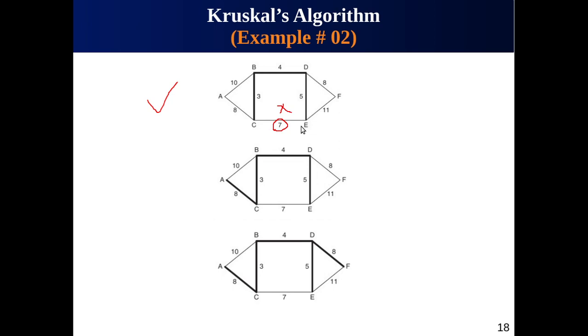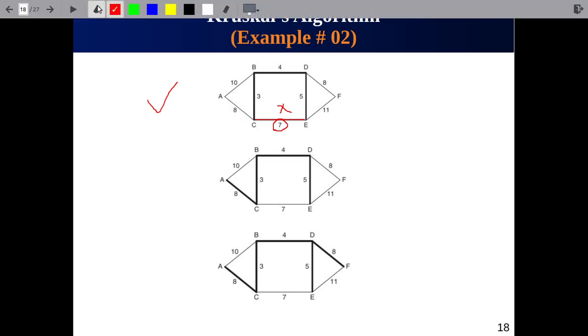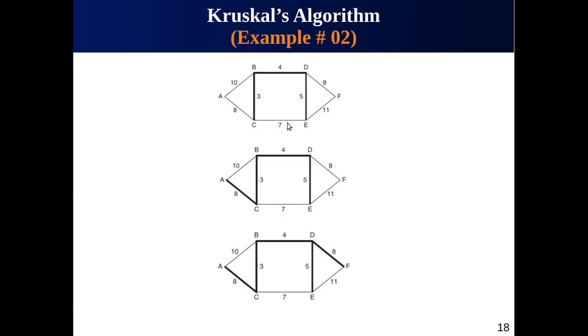We cannot select the CE edge. Why? If you do this, it will become a cycle. See, this is a cycle, and we have to avoid cycles, so we cannot do it. We have to search for something else, a number that is greater than 7. So the edges, if you pay attention, here we have 8, here we have 8. From A to C or C to A, and from D to F or F to E, we have